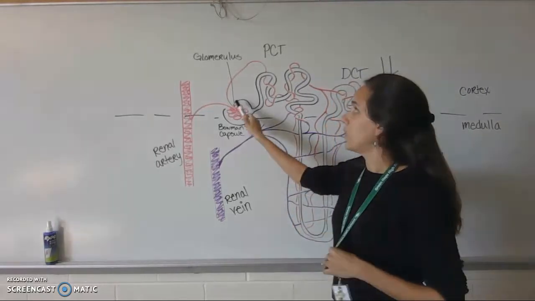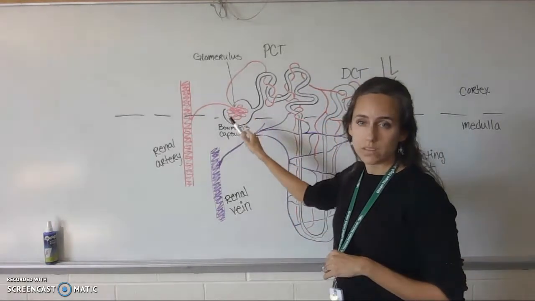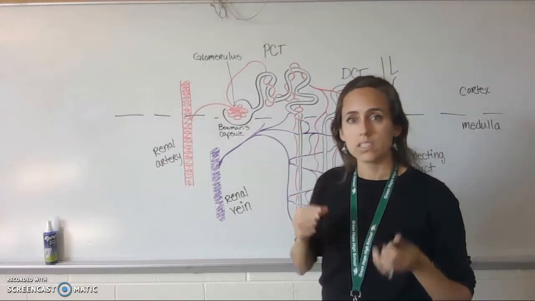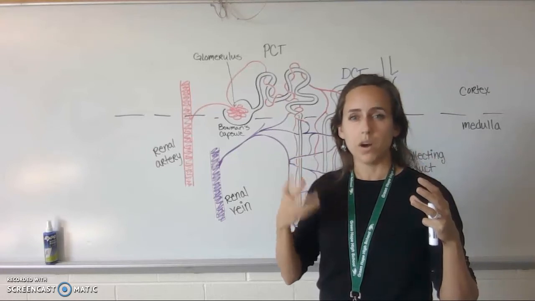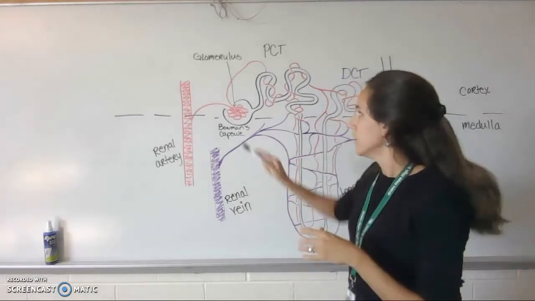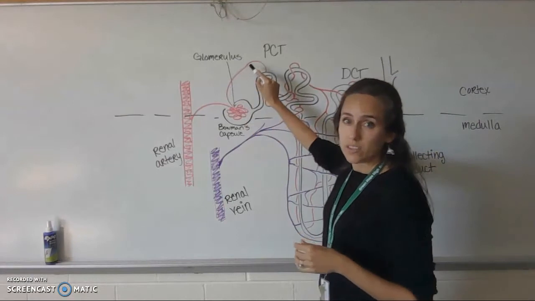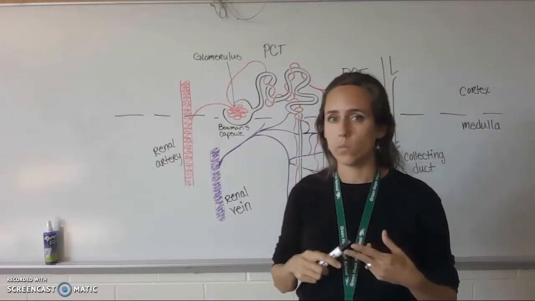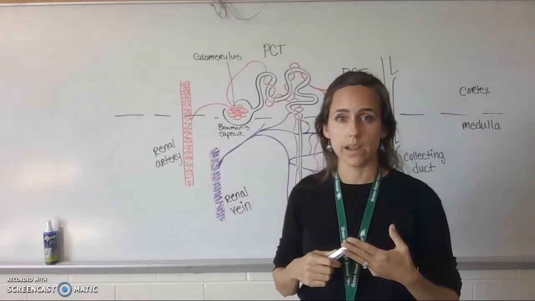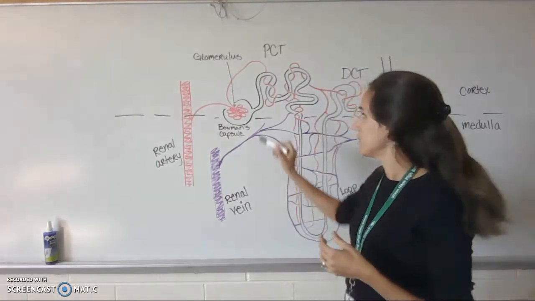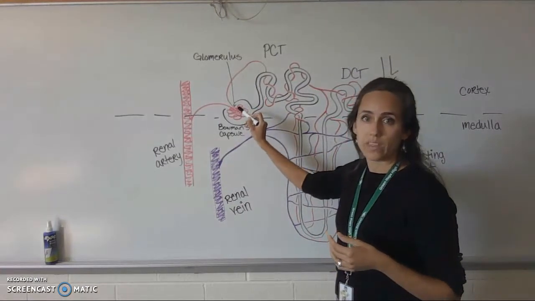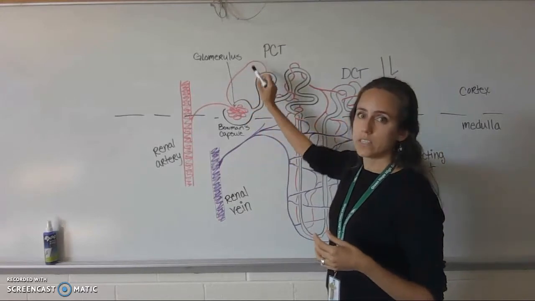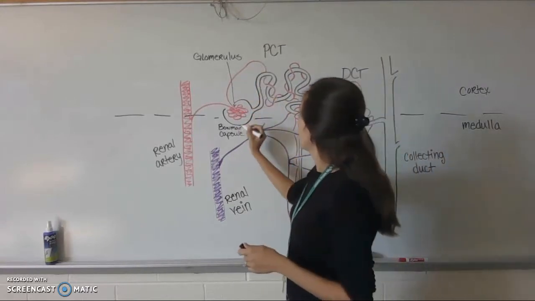Now within this twisted part, this glomerulus, is where filtration occurs. It's the separation of parts out of our blood. So what makes it through to the other side? The larger structures like our blood cells, red and white blood cells, and proteins. These things are larger. They can't pass through the openings within the walls of the arterioles here. So they pass through to the other side, and then everything else